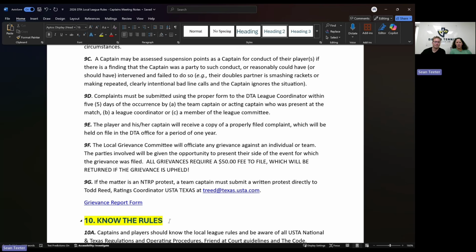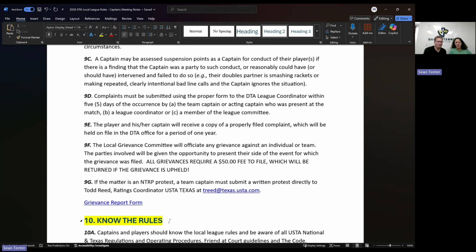And we also are going to have a complaint form for minor violations of the rules during match play that you can fill out. The league committee can review it, and if they feel like it's worthy of a grievance, we'll escalate that. So if you file a complaint form, you may never hear from us. It just goes to us. But if you file a grievance report, there will be a hearing about it, and you will get a result of that grievance. And those complaint forms will be kept on file. And if we start seeing a pattern of complaints, then that too could lead to escalating to a grievance.